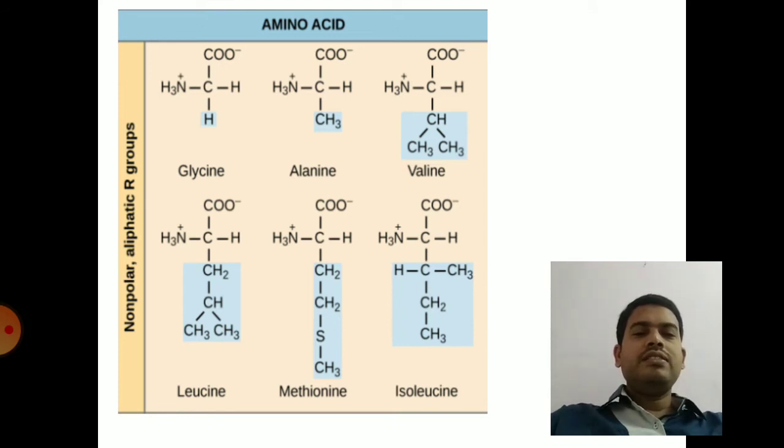So methionine is a sulfur containing amino acid. It contains a thiol group. It plays an important role as a methyl donor in biological reactions in the form of S-adenosyl methionine, and it is the initiator amino acid that combines with tRNA and plays an important role in the initiation of protein synthesis in prokaryotes and eukaryotes. So that is about methionine, branched chain amino acids, alanine and glycine.